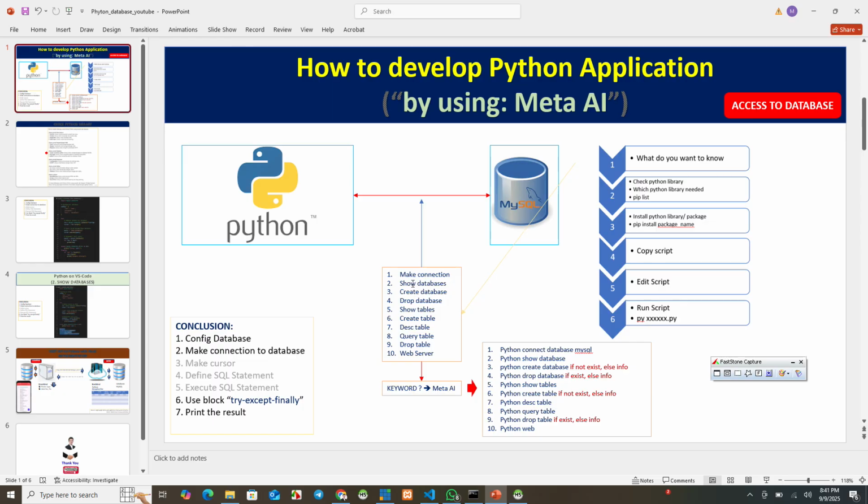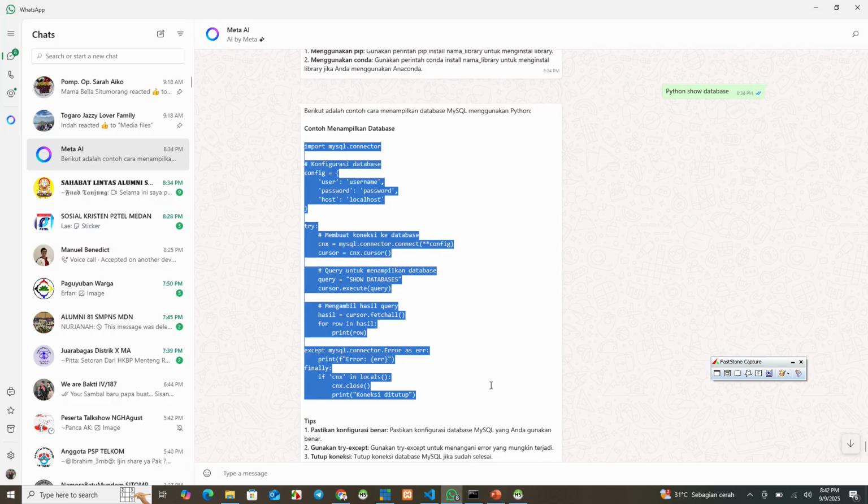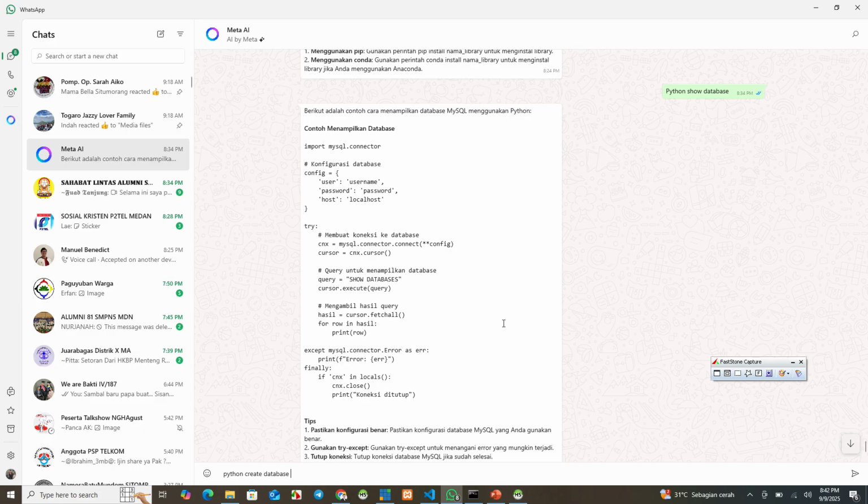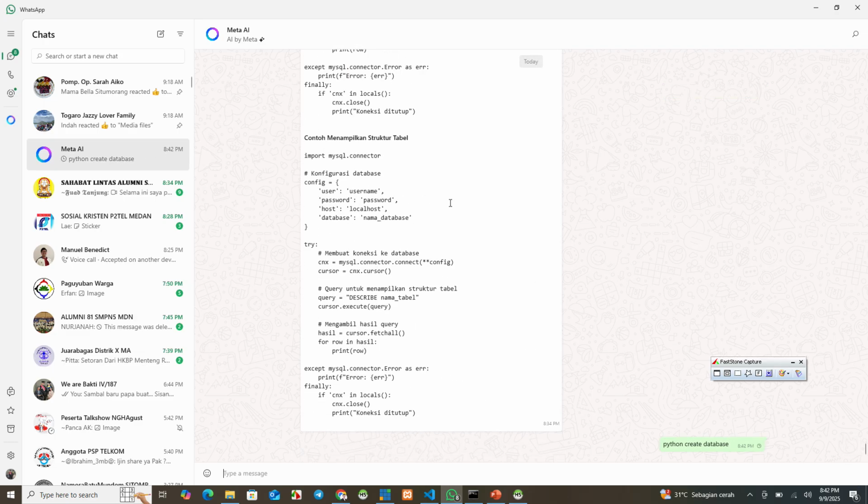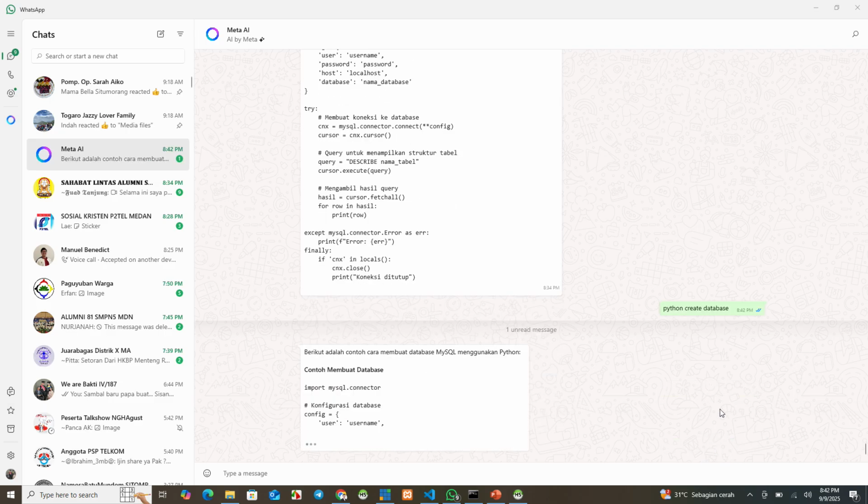Okay, we have made number 2. Now we make number 3, create database. For example, this is the first one, create database. We ask Meta AI to create a database.